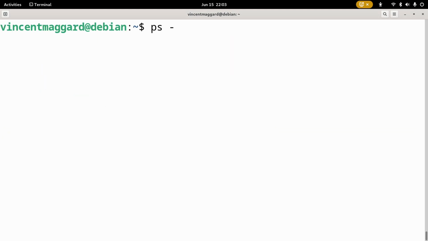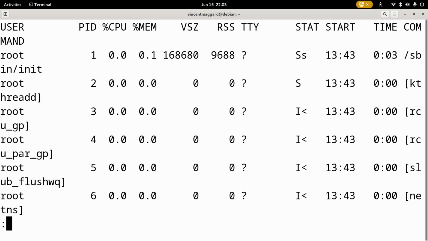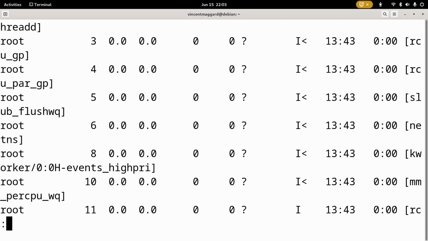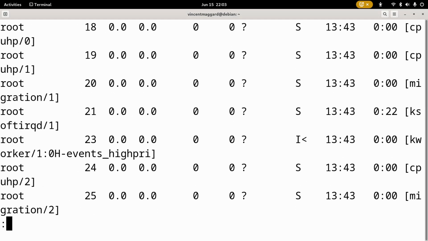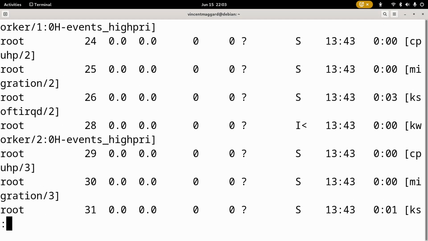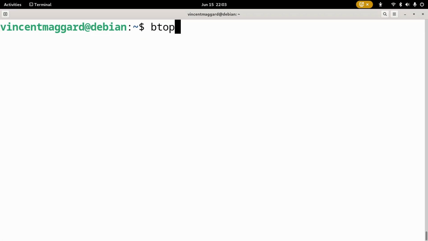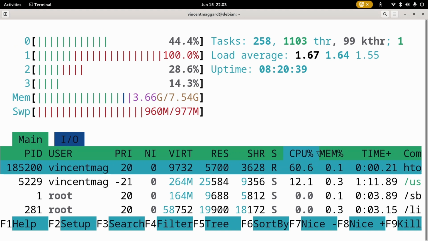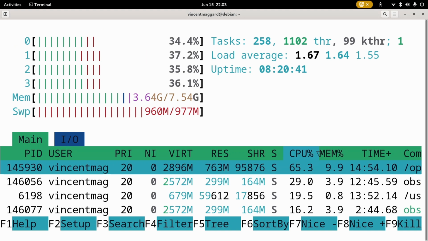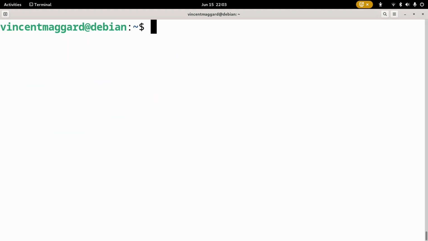Another one is ps aux. I'm going to pipe that into less as well. And this is just another thing that gives you some information on the processes on your system. I don't really use this very much these days. When I first got into Linux, I did use this a little more. But these days, I prefer to either use btop, which if you have it on a too big terminal, it does that, or htop. And so that gives you some of the basics of being able to check on your system under Linux.